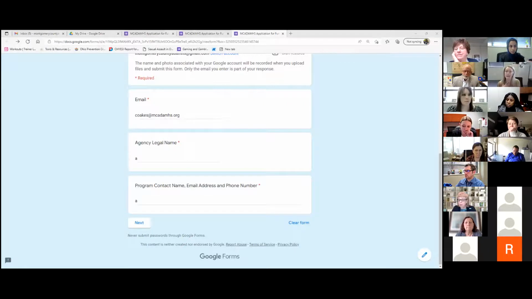Work. Yeah, and you'll have to create a Google account through that. You'll at least have to have a password so you can get back in and view and edit your application. If we had done it where you couldn't edit it or couldn't save it, then you wouldn't have needed that. But because there's a potential of you going back in, you'll have to have a password. It'll say, do you want to create a Google account or would you like to use another account? And I chose another account and just used my work Premier account, and it let me. Okay. Thank you. Thanks, Nancy. I'm glad that you tried that.